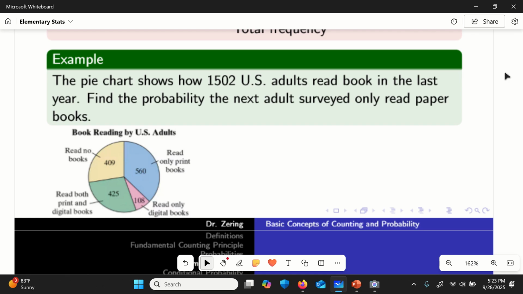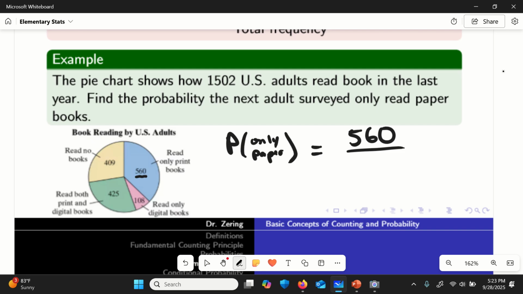So if we're asked to determine the probability that the next adult you survey will have said, I've only read paper books, we can agree just based on how the pie chart is split up, it doesn't look like these events are equally likely. So I'm going to use that empirical approach, which means the probability of only paper books is equal to the frequency of only paper books. So that's the number of people who had only paper books, which would be 560 people, out of the total number of outcomes, the total frequency here. And that would be the full amount of people surveyed,